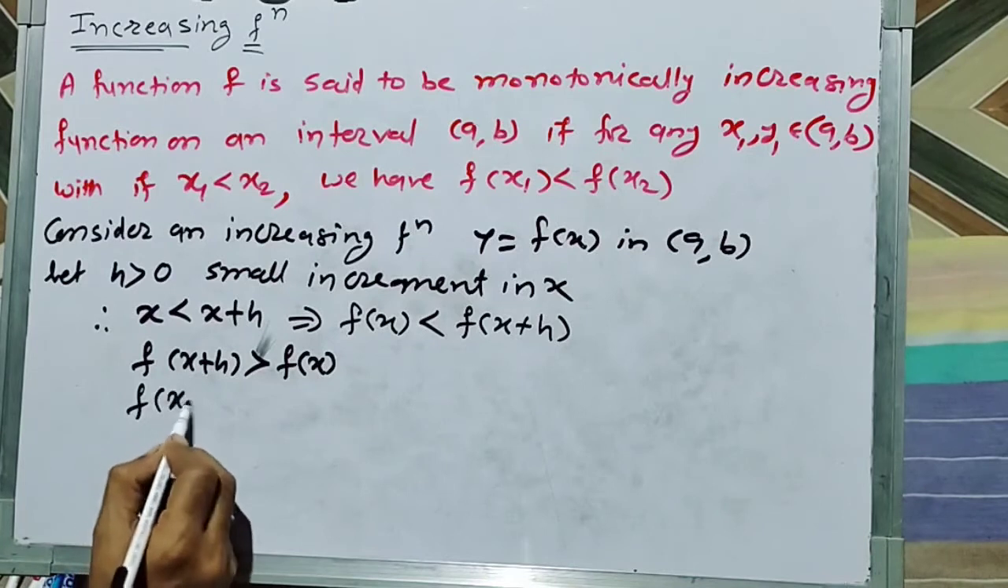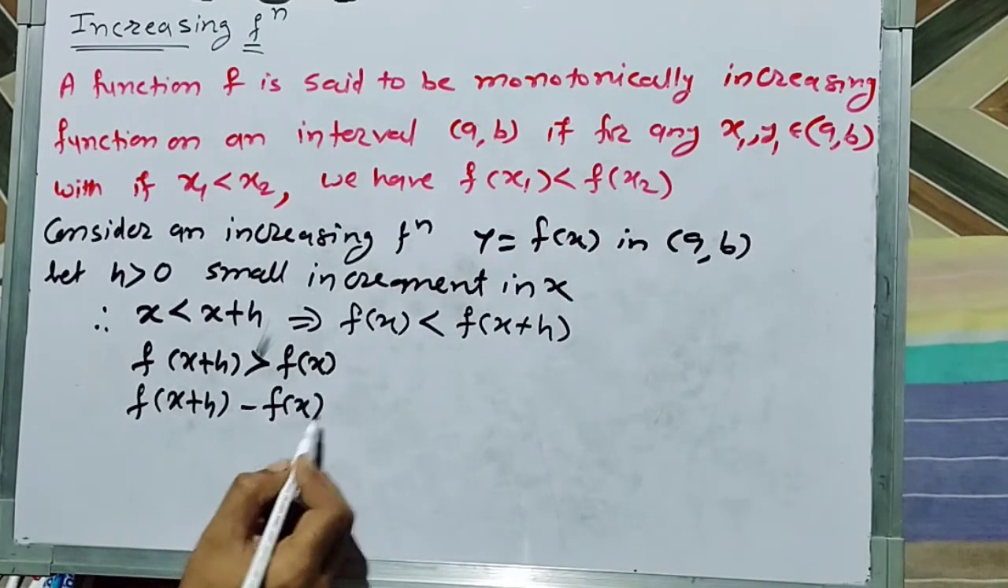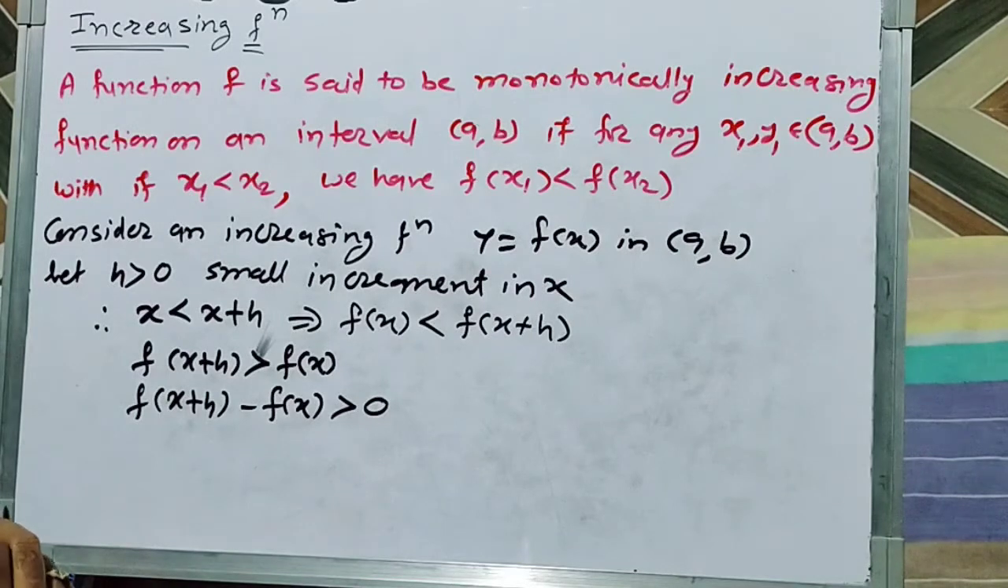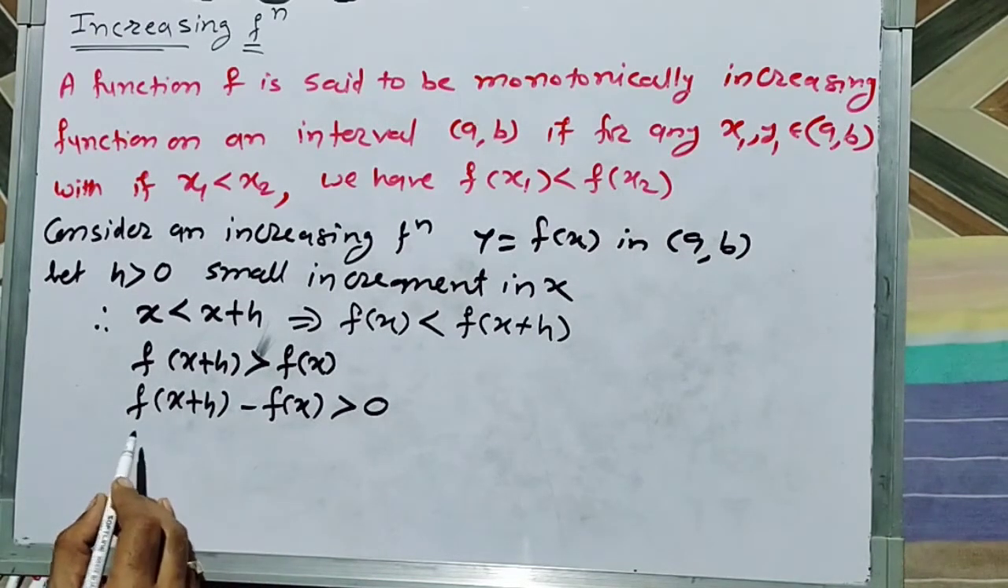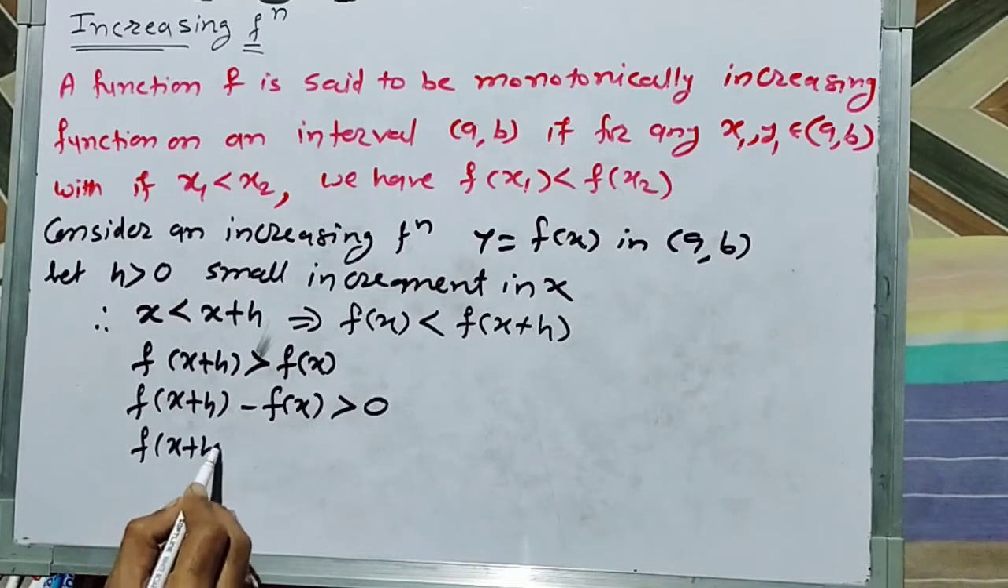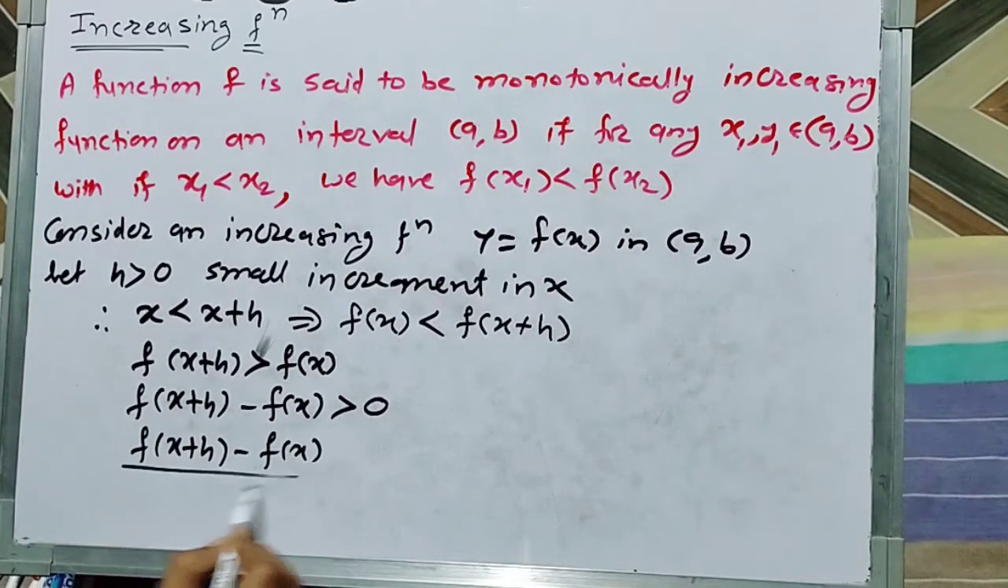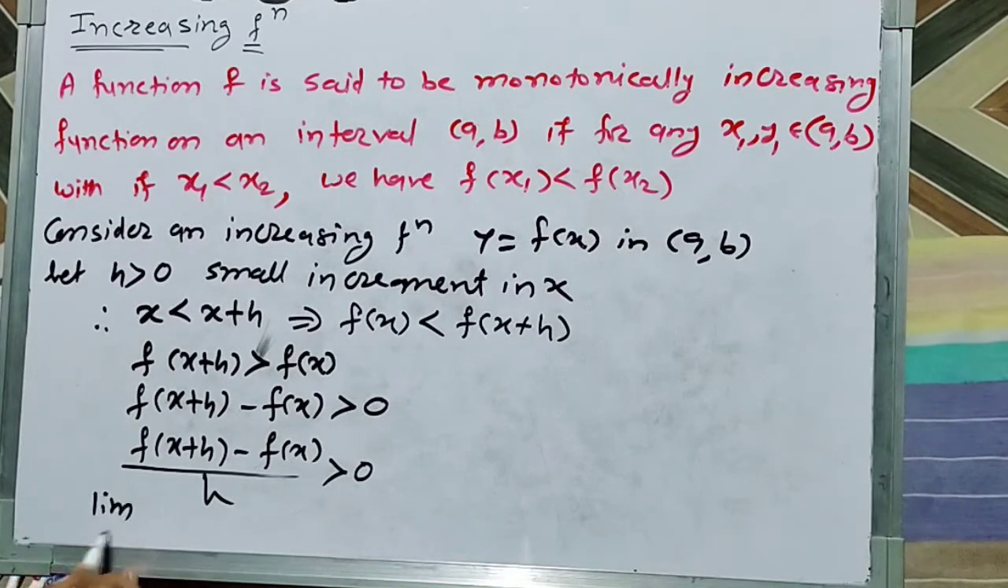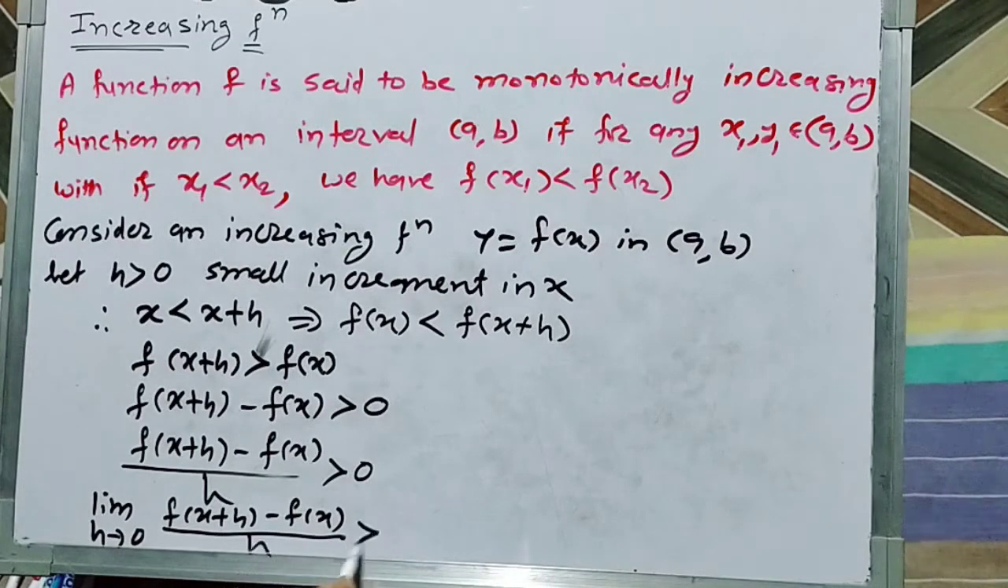So therefore f of x plus h minus f of x is greater than 0. So we divide by h on both sides. It means f of x plus h minus f of x divided by h is greater than 0. And lastly we take the limit as h tends to 0 on both sides. It means limit h tends to 0, f of x plus h minus f of x divided by h is greater than 0, and this implies, this is the definition for derivative,